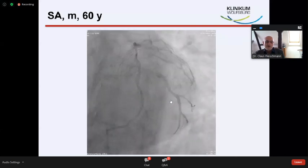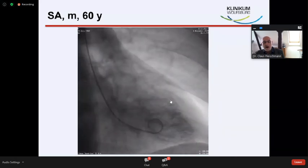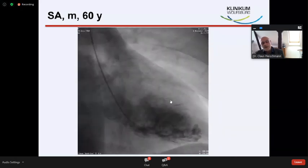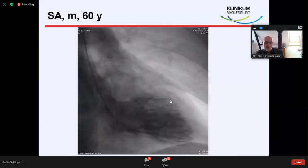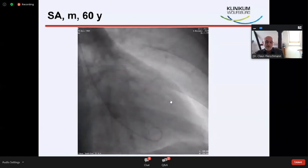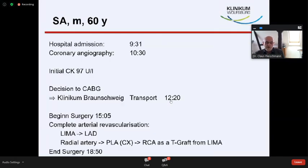We did a left ventriculogram, which is surprisingly normal. After the coronary angiography, we got laboratory results. The CK was also normal at that time. And so we decided to transfer this patient to a surgical center. We don't have cardiac surgery in our hospital, so we have to move the patient to another city, even 30 kilometers. So we called them and we organized the transport, and he went to the adjacent hospital in Braunschweig,